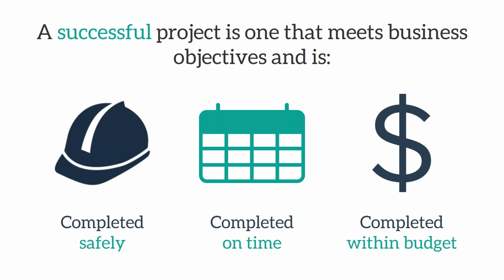Moving along, we would like to start out our discussion today with some current trends that we're seeing in the construction industry. To begin and to set a basis for our discussion, I think that we can all agree that there are three criteria that define project success. First and foremost, the project must be completed safely. Safety is a priority among all organizations, and for a good reason. Second, we want to be sure that a project is completed on time. Third, we of course want to be sure that a project is completed within budget. Now, that seems easy, right?